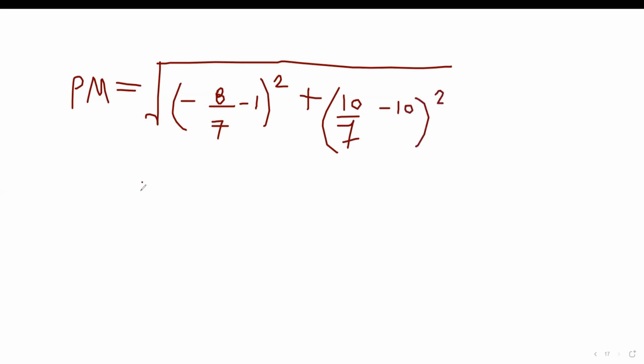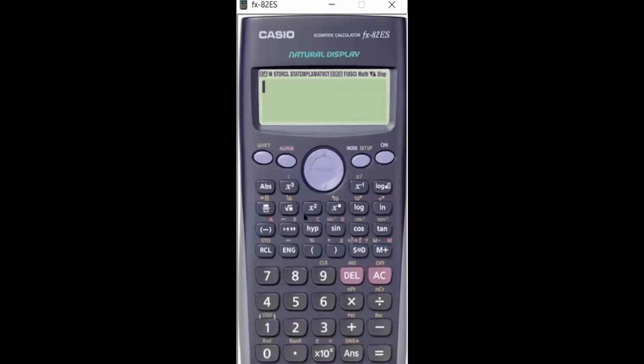Put that in a calculator, you get PM. It's really that easy. That's a length of PM. Put modulus to show a length. All right, easy. So let's put that in our calculator. That will be PM. That is the square root of, in bracket, minus 8 over 7 minus 1 all square